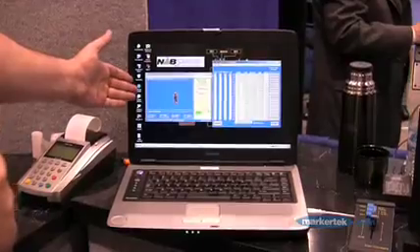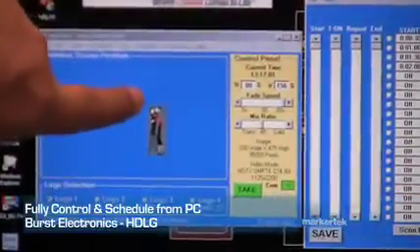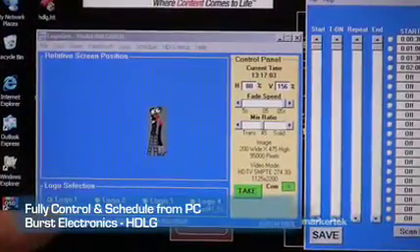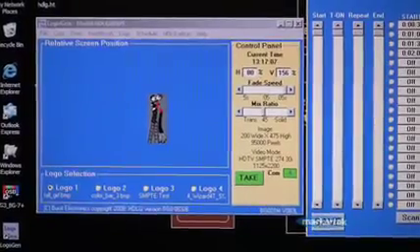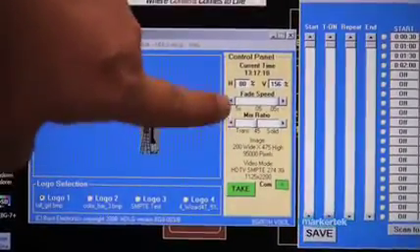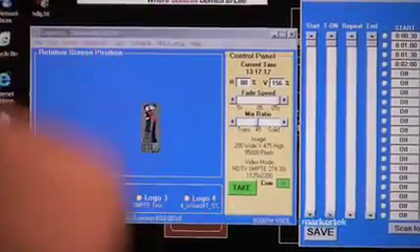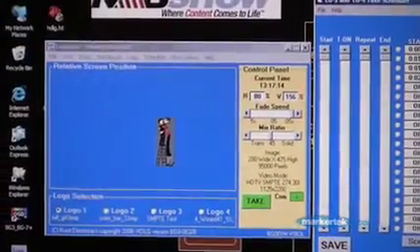All right, this is the logo generator software. As you can see, we have a relative screen position, which is showing the currently displayed logo. You can call up each of your 4 logos from the software. You have fade speed, mix ratio, your take, positioning.